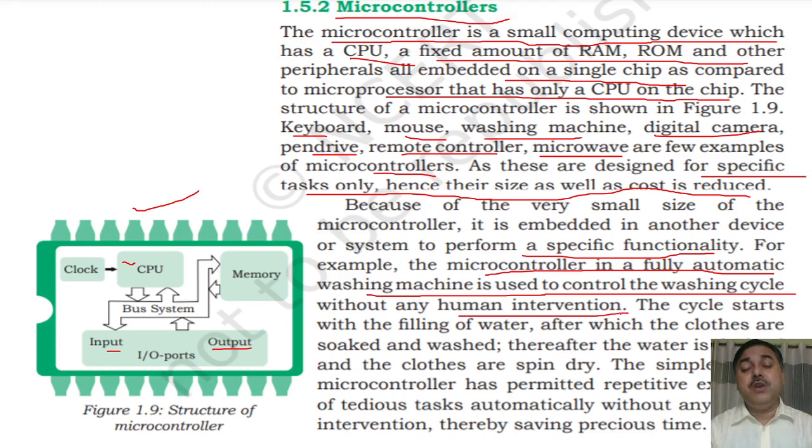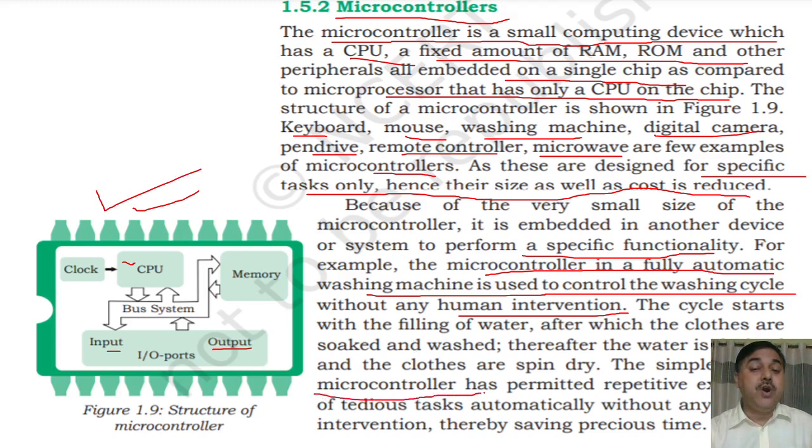That means humans don't have to do any work. Everything will be controlled: how it will rinse, how it will do the different patterns of work, how the water will be filled up, how the clothes will be soaked and washed, and thereafter the water is drained and the clothes spin. So all these different patterns of work are done by whom? All of them are done by this particular section. This is the section that we call a